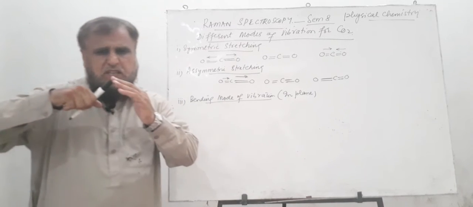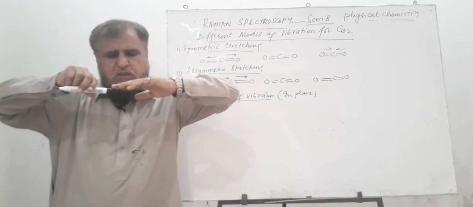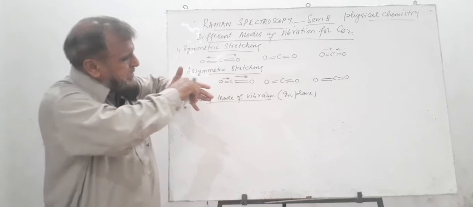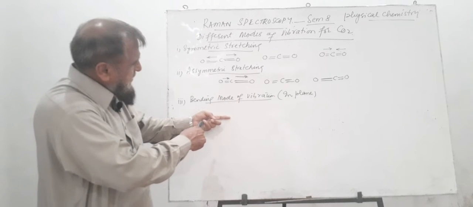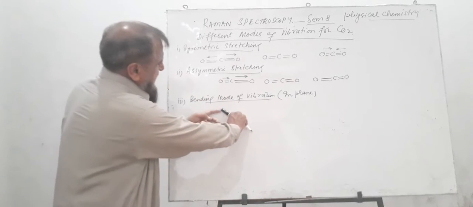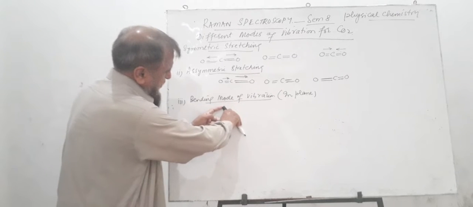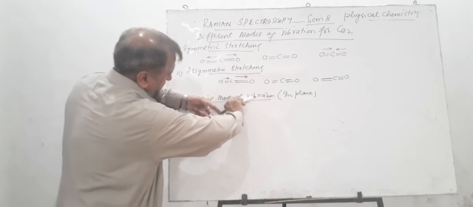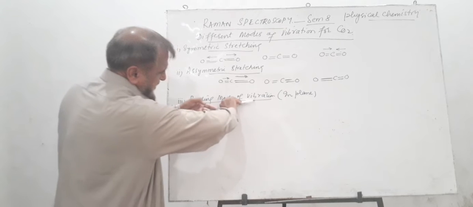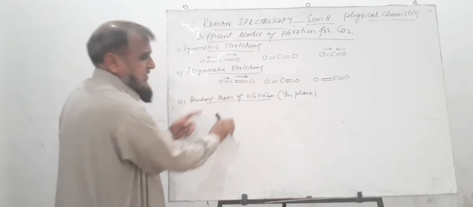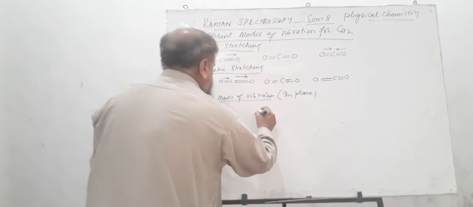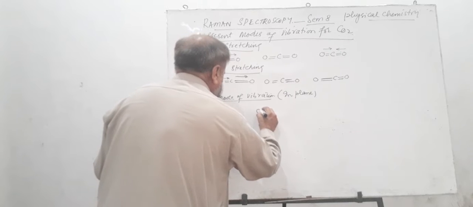Let us suppose we have carbon dioxide molecule and it is present in this plane, then it will bend as such. It is in plane vibration. It can be represented as